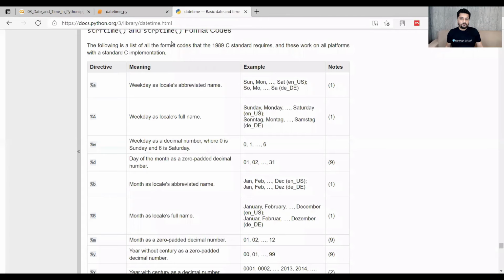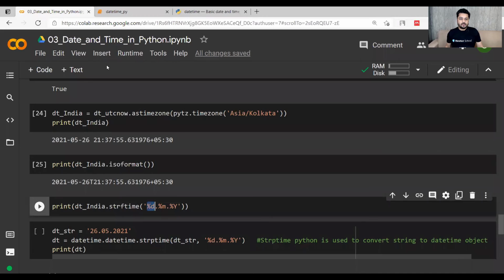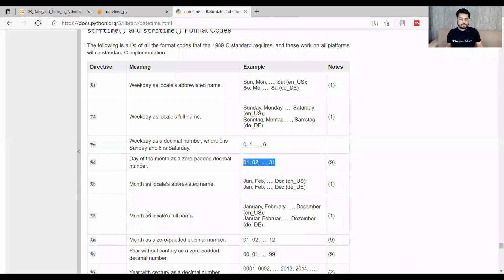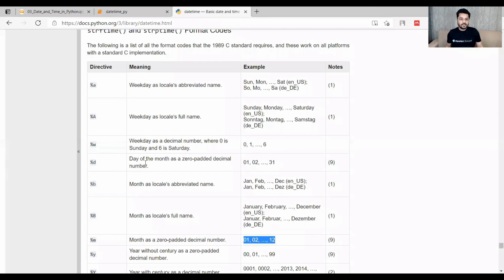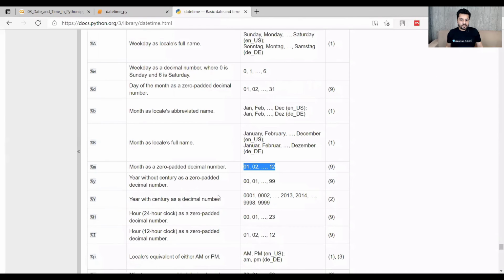Percent small d means I will be using the number of the day as 01, 02 up to 31. Percent m is the month, which is 01, 02 up to 12. And percent capital Y is the year, which will give me a 4-digit year.